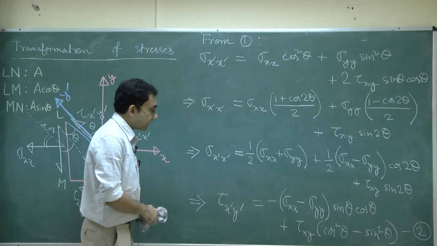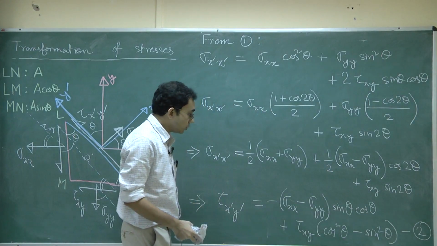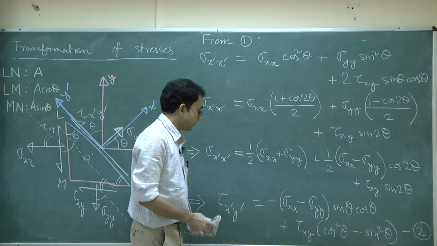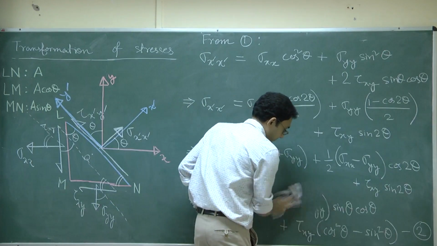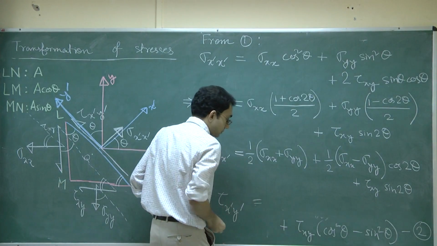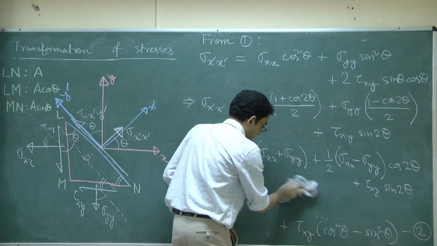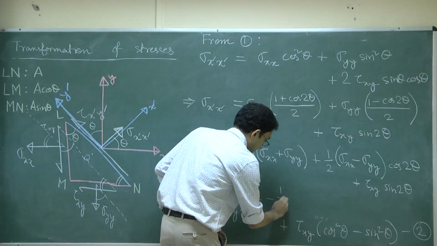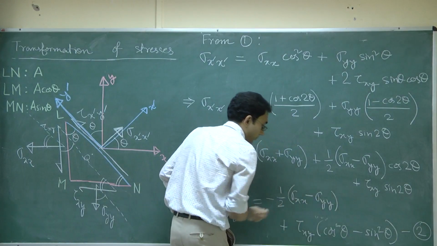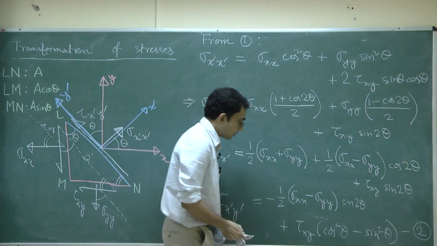And that I can do very nicely by noting that this sine theta cos theta is basically sine 2 theta by 2, and this cos square theta minus sine square theta is nothing but cos 2 theta itself. So, and this one is nothing but